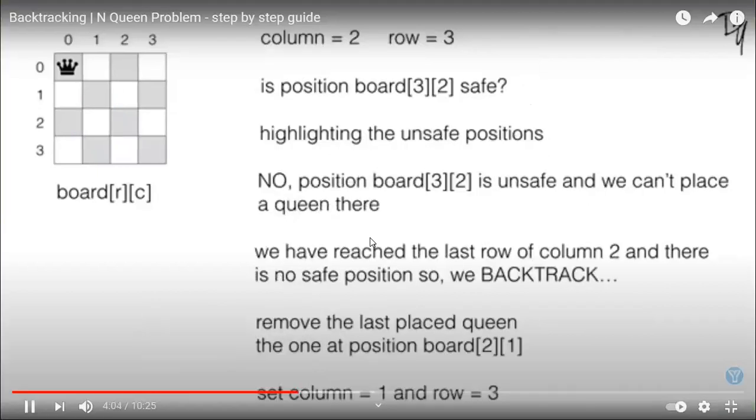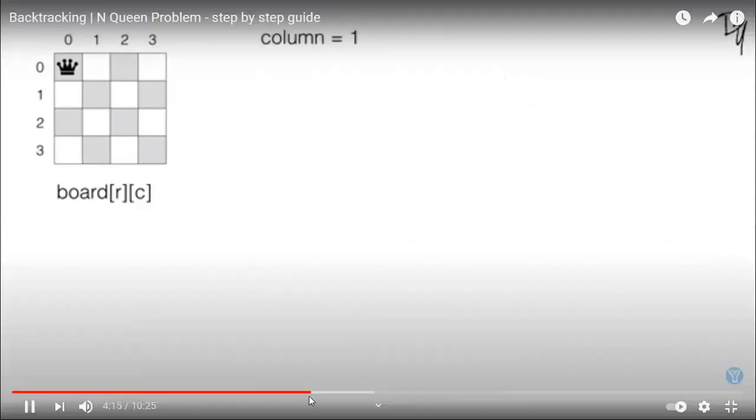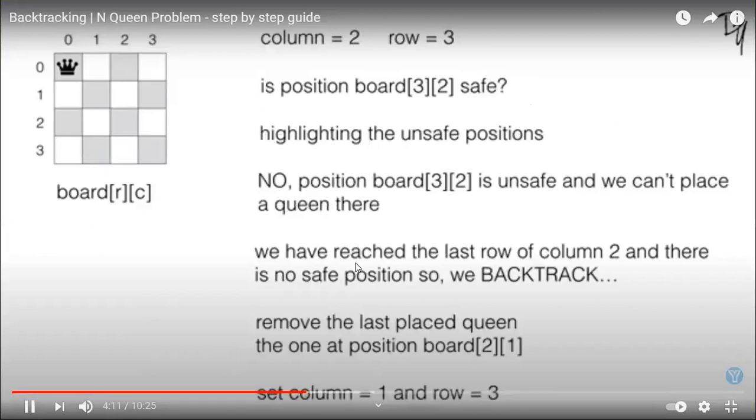Okay, so based on our previous discussion, what we did, we removed the queen at 2-1 position and we increment row by 1, right? That is row 3. Now this position, right? This position after incrementing, right? We'll check whether this position is safe or not, right?